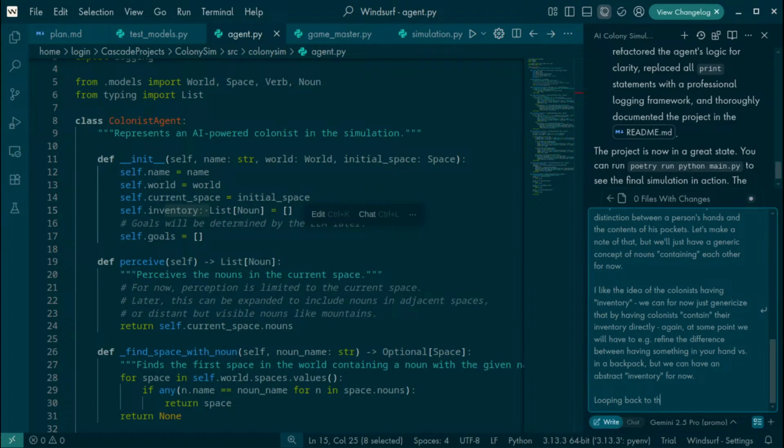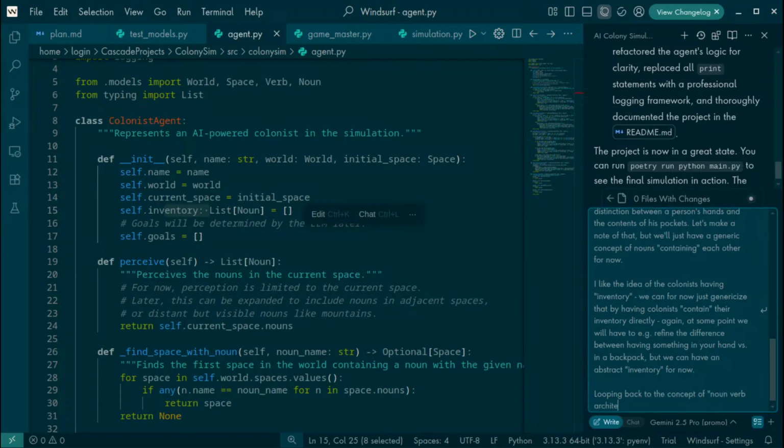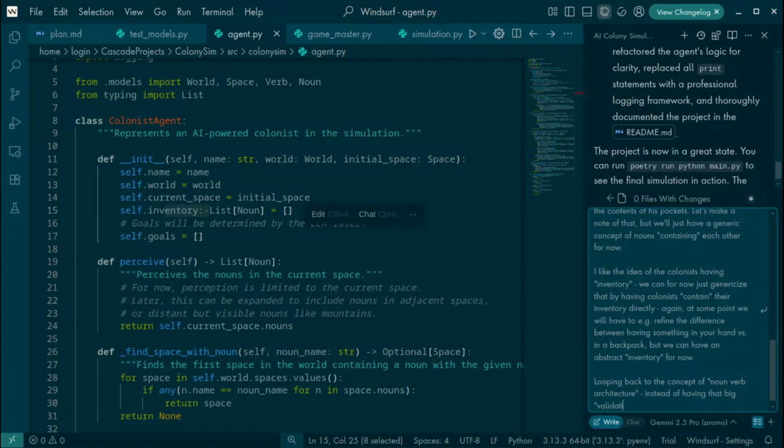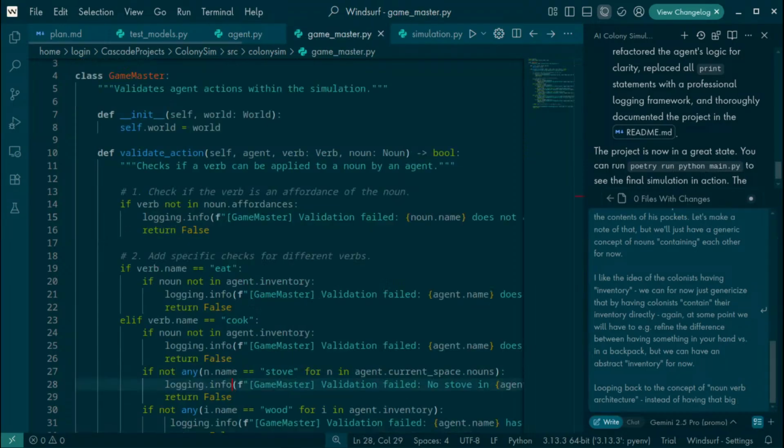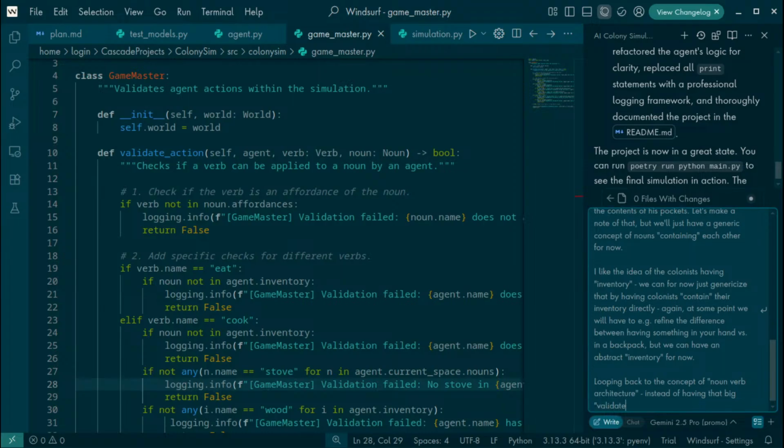looping back to the concept of noun-verb architecture, instead of having that big validate, that big, what did he call it? Validate action method.